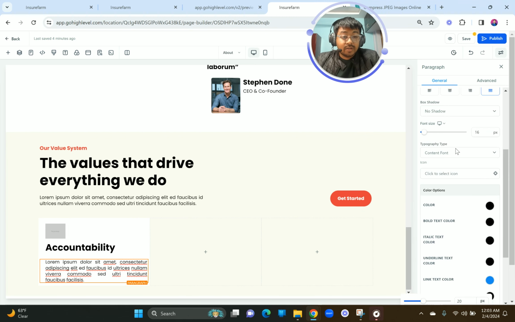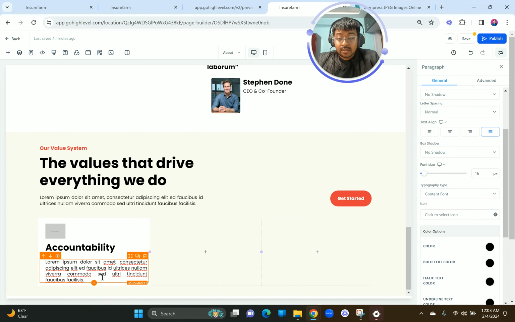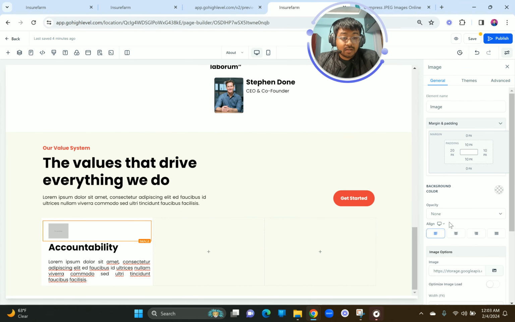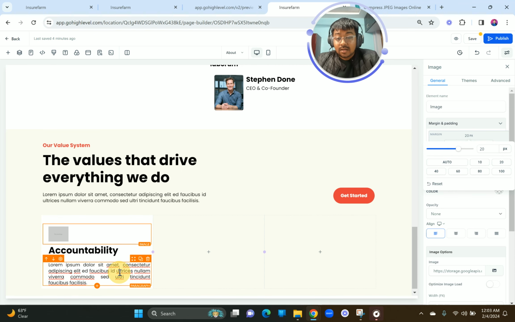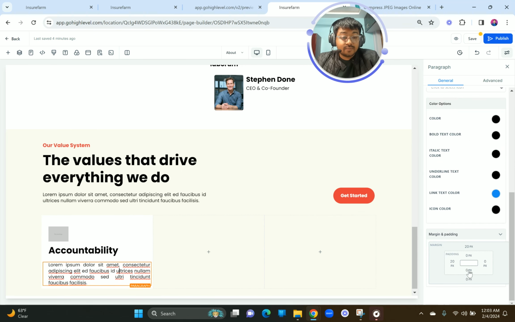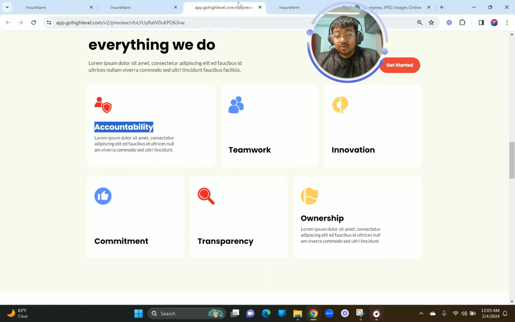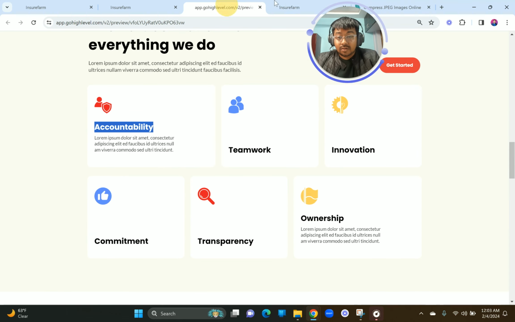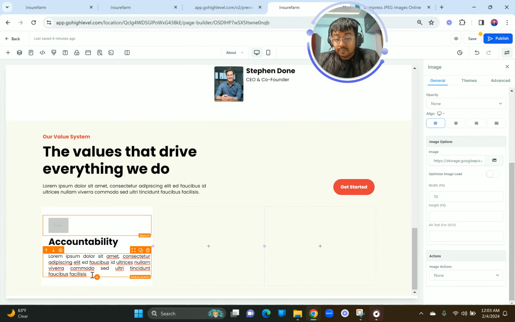Now what I want to do here, I think it's good, but I want to have some spacing on the top. So the way to do it is just add 20 pixels padding on it. I also want to have some spacing at the bottom, so just add 20 pixels on it. And I believe we are good to go. Let's add the images and see how it's going to look. Okay, so